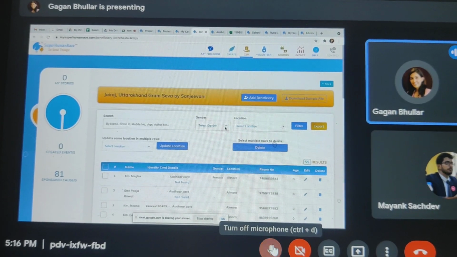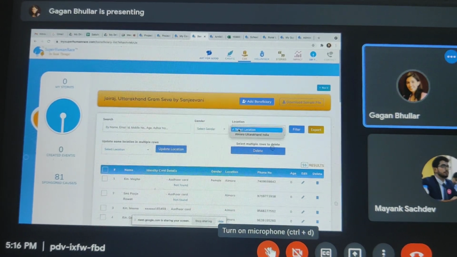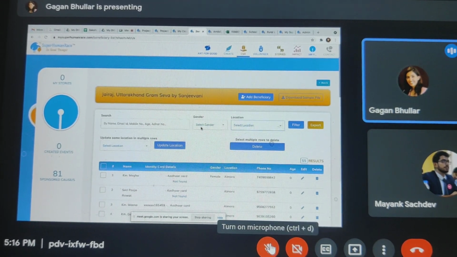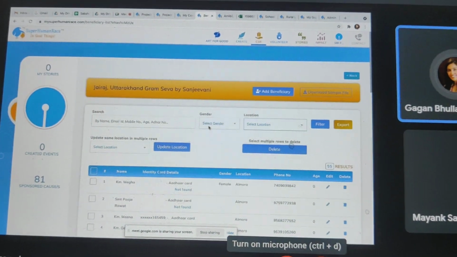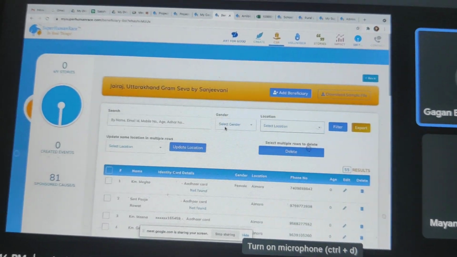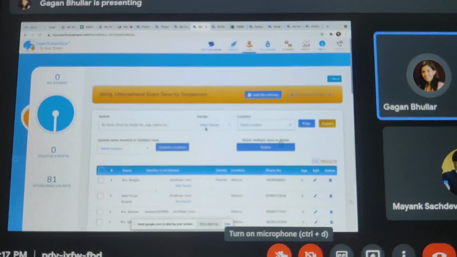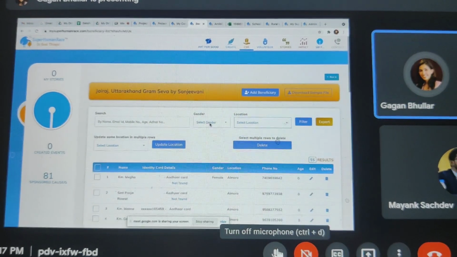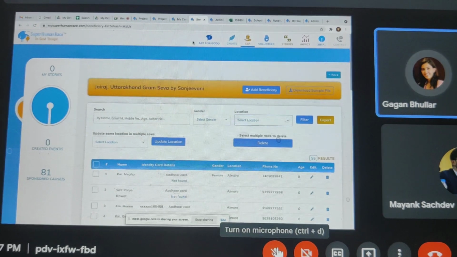And then the other thing that we also did was that you're able to filter by gender, whether it is male, female, or other genders, and then you're also able to filter by location. So if you have large projects which are implemented across multiple locations, and you want to see how many beneficiaries in that location are women, you can. This we've also extended further, so you can filter by PWD, if you want to only look at the list of physically disabled people, or socio-economic background and so on. So we've done all of those integrations also later. But at the bare minimum, what comes stock with the product is that you're always able to filter by gender, and for any location you're able to filter by gender. So that is something that we've done.